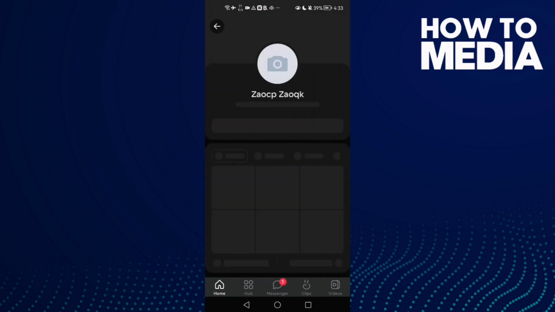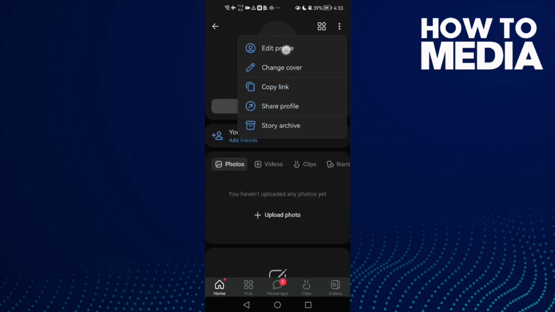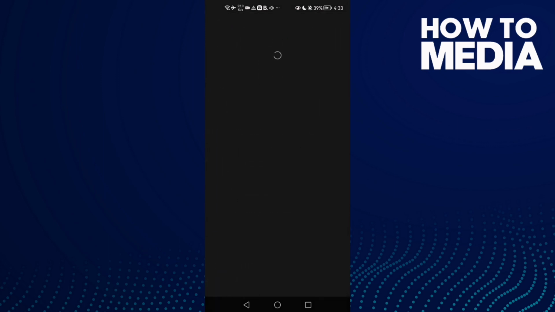After that click these 3 points in the top corner and then click edit profile, then scroll down, click education, and here it is. Now just click add school,